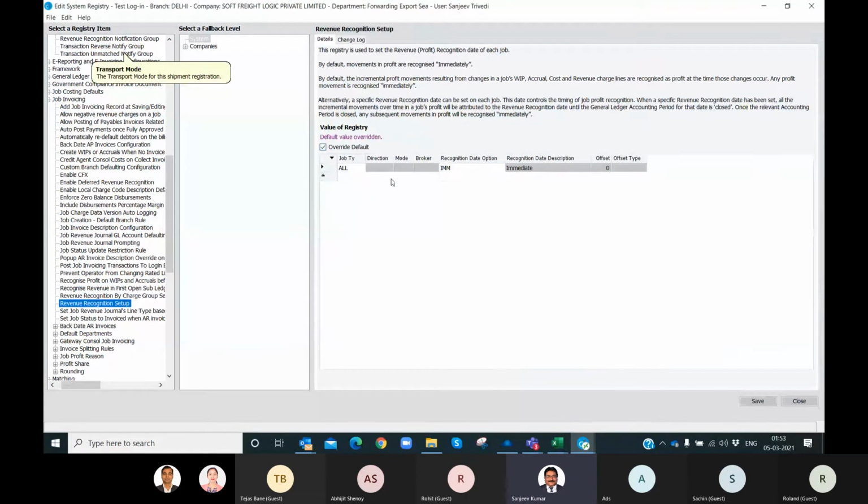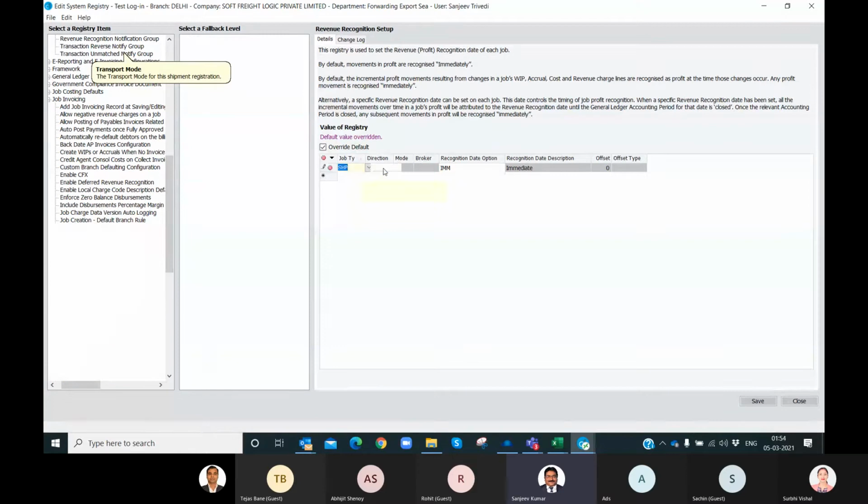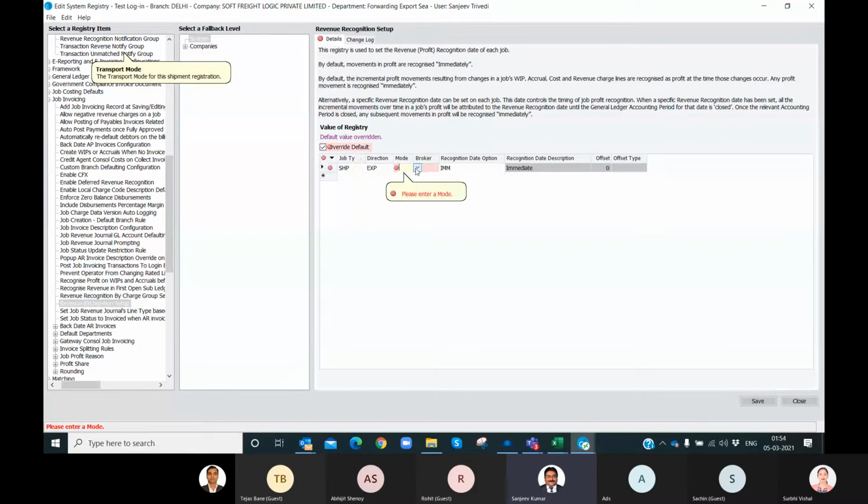We can configure like this, like we can select shipment or any kind of job, direction, like export, suppose, mode, air, sea, whatever, or any transport mode.